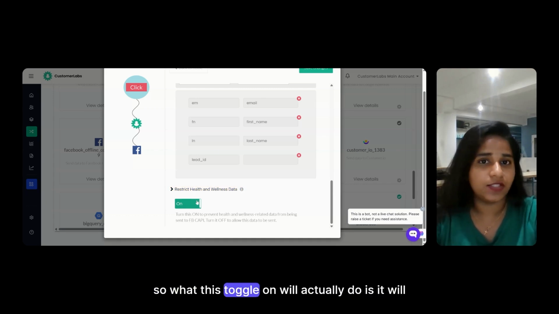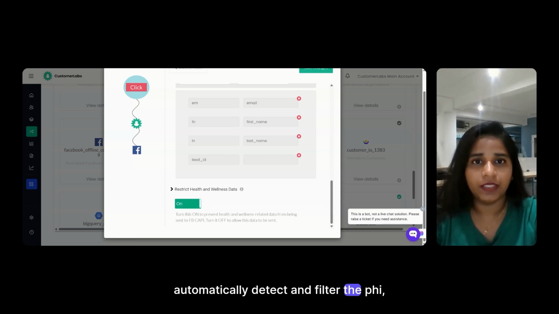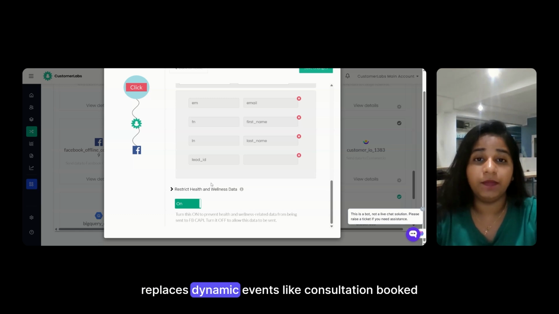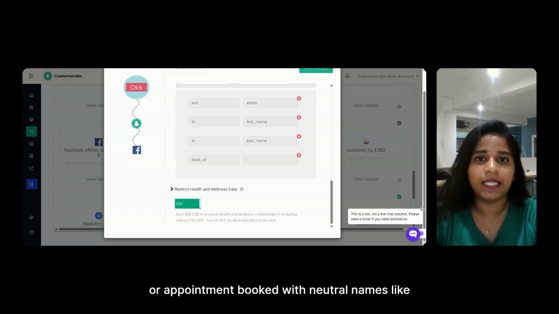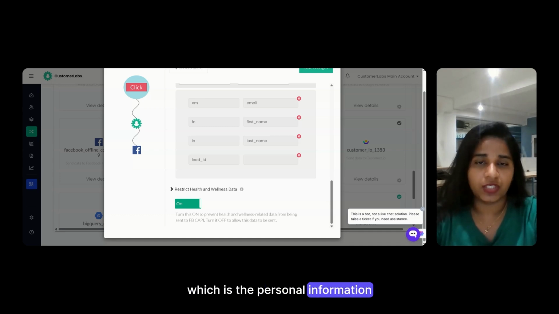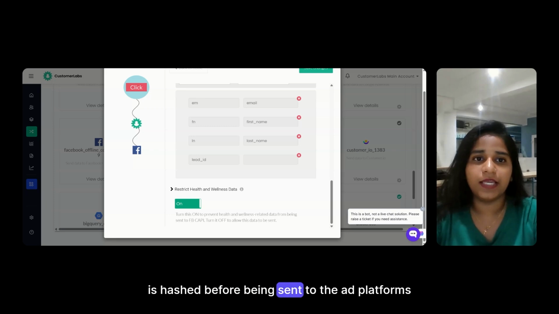So what this toggle on will actually do is it will automatically detect and filter the PHI, which is personal health information of your users, and replaces dynamic events like consultation booked or appointment booked with neutral names like event EPT or event O1. And this also ensures that the PII, which is the personal information, is hashed before being sent to the ad